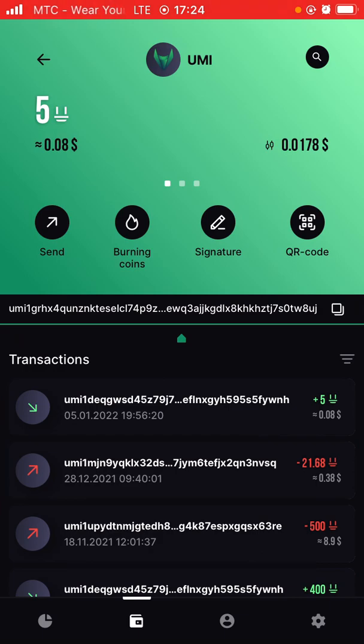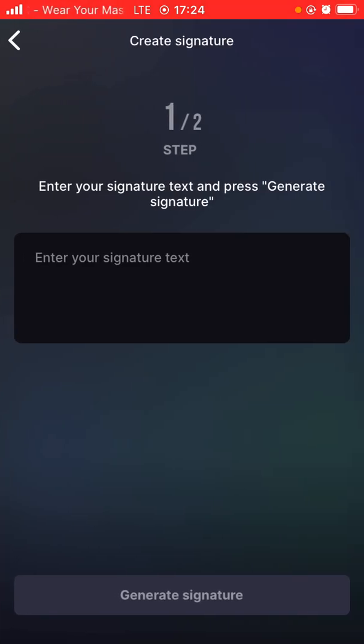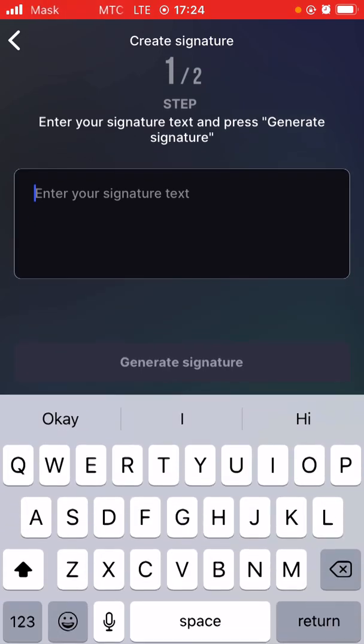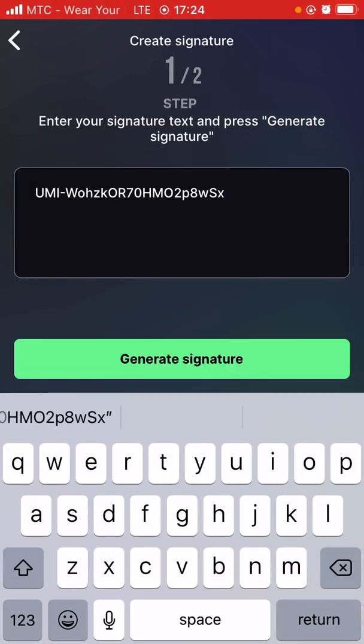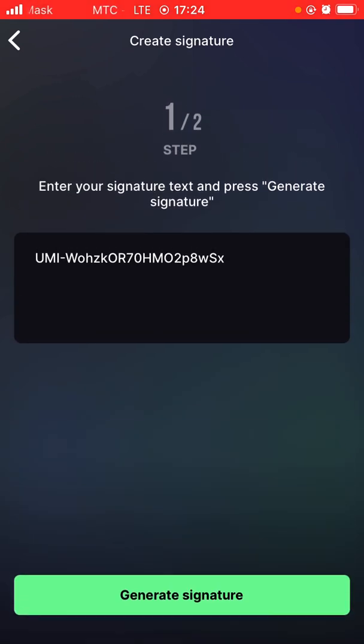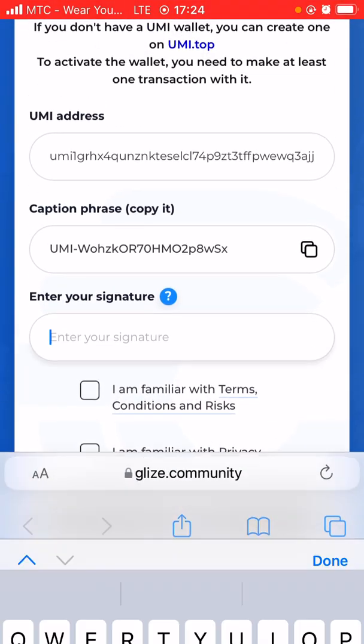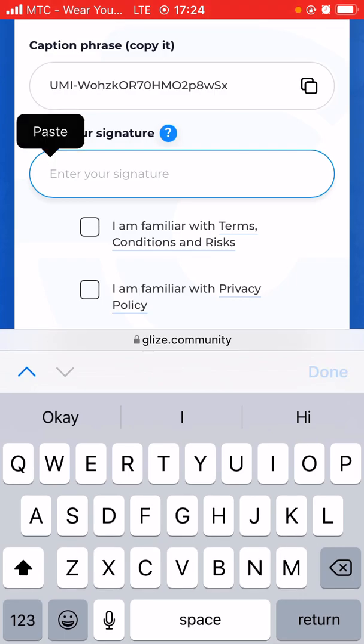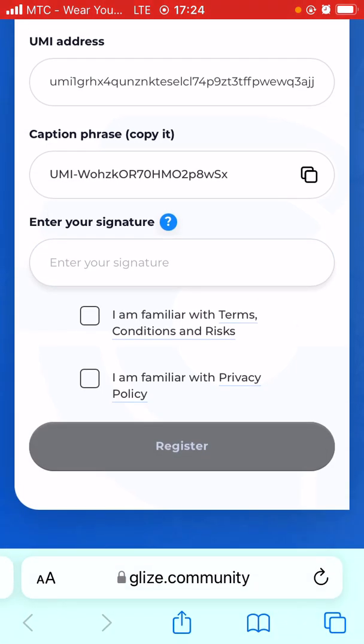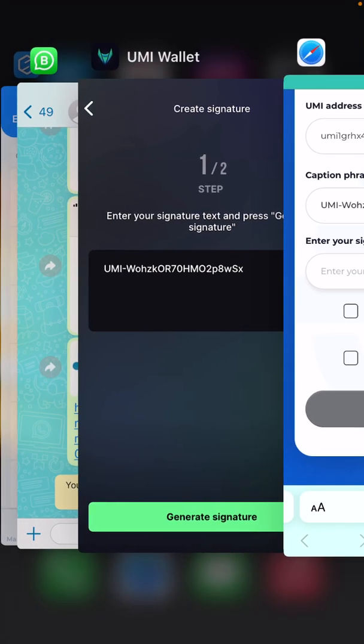When you are here, click on signature. All right, paste your caption phrase right there like that, and then click on generate signature. So you will get multiple characters, a long phrase. Copy that phrase, go back here and paste it right there, okay? And then click on the terms and conditions and then the privacy policy and then register. As soon as you are done with the registration, you are now able to go to your